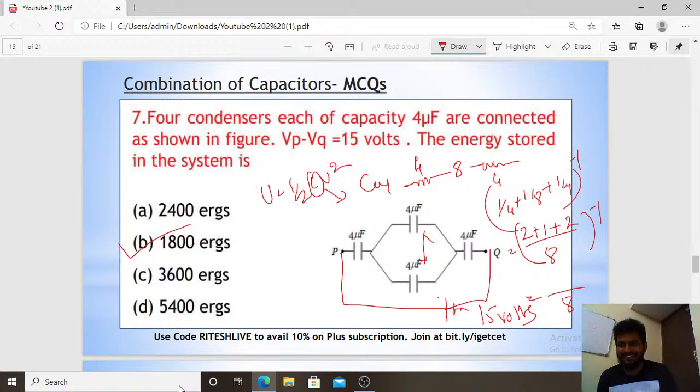Great. So that is 5 by 8, I need to inverse, that is 8 by 5. Alright. Okay, 8 by 5, that is half into 8 by 5 into V square, that is 15 square. So when you do the calculation you will get a value of 1800. Okay. So next,